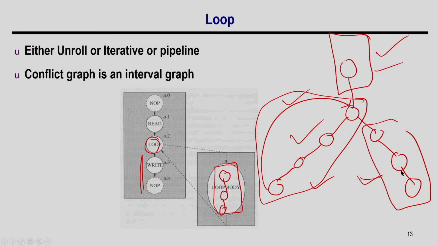So, I can take this whole thing together and solve the problem, and in that case the conflict graph will remain an interval graph, so we can solve the problem with loop. But remember, this is only for loop, where I perform the loop independent of the other part. And since this is a repetitive part, I should not overlap it with anything here or here, because I want to execute this part only once and this part, say, 10 times.